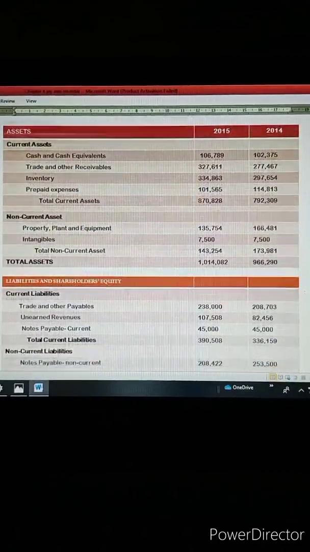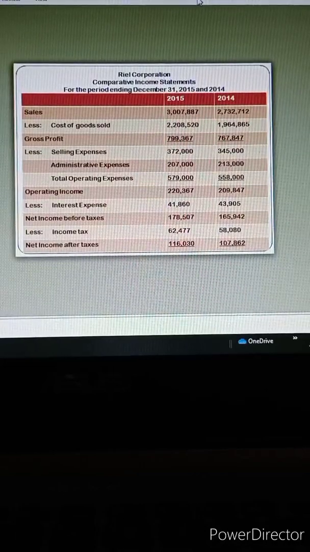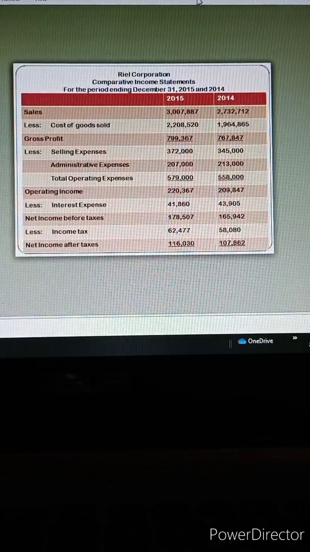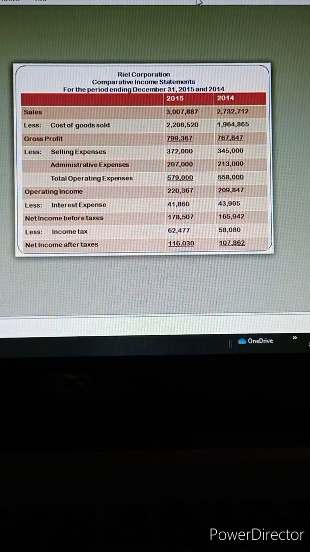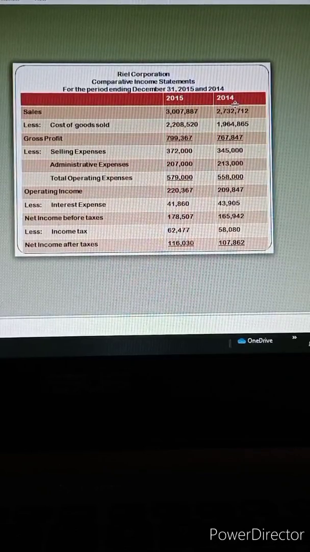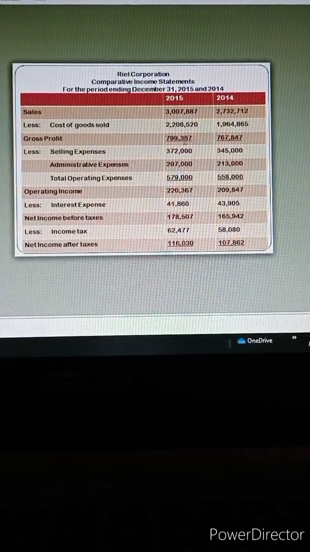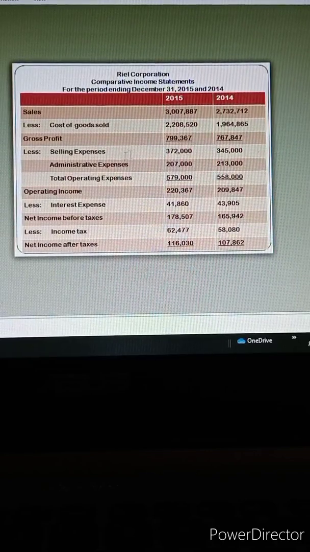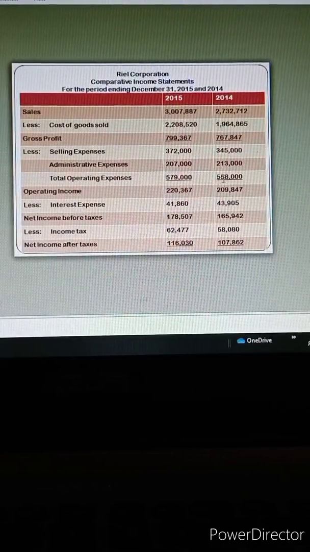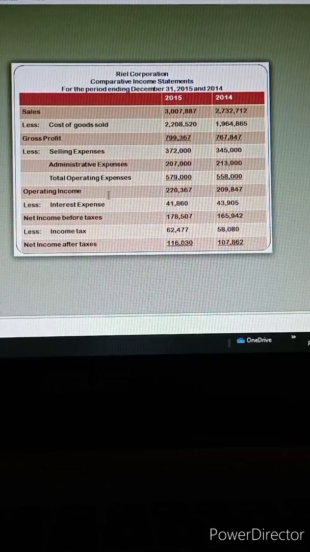right now. Please do give attention to this illustration because my whole report will refer to these figures. What I am showing you right now is the comparative income statements of Real Corporation for the period ending December 31, 2015 and 2014. So in this illustration, it shows the sales of the current year and the previous year, which is 2015 and 2014, less the cost of goods sold that will result in the gross profit of the company for 2014 and 2015. Then add the selling expenses and administrative expenses to get the total operating expenses. Then the total operating expenses will be deducted from the gross profit, and it will result in the operating income, which is